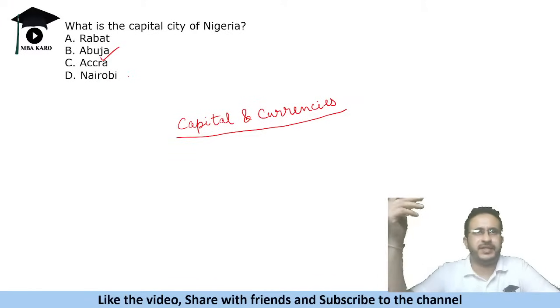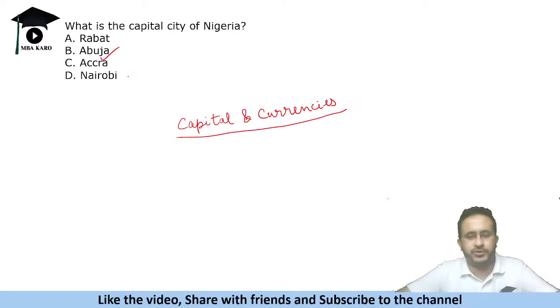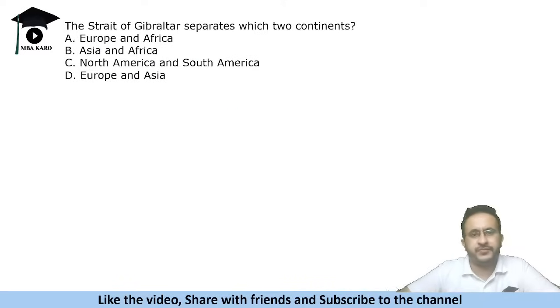See, like there is no certainty कि किस तरह से कैपिटल्स पूछते हैं कि नहीं पूछते. पूछ सकते हैं, अगर पूछ ली कैपिटल पूछ ली, करेंसी पूछ ली, फिर आप कहोगे ये पूछते नहीं पूछते. So GK is something which is not defined, especially in MBA entrance examinations. Anything could be asked. Sometimes it could be match the following. ठीक है. सो पिछले साल पूछा था, पिछले साल किसकी कैपिटल पूछी थी? पूछ लेते हैं, मतलब कैपिटल पूछ लेते हैं. The Strait of Gibraltar separates which two continents?